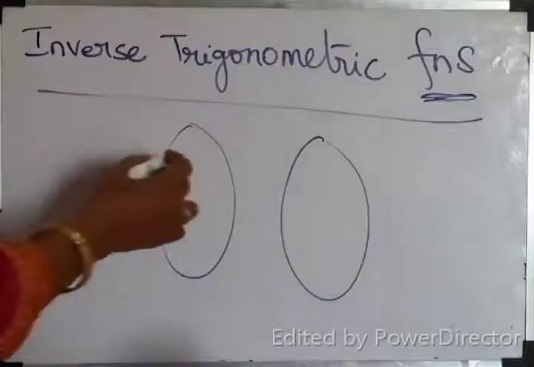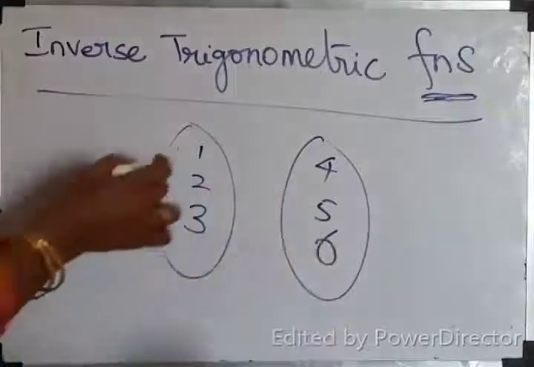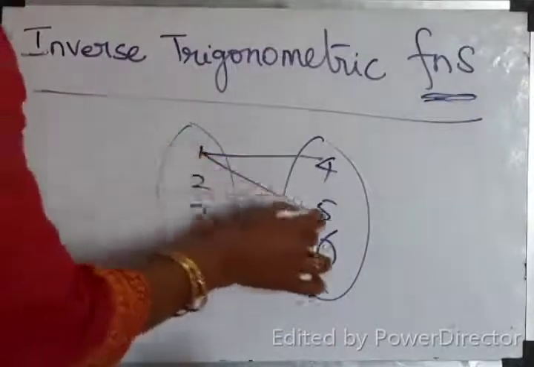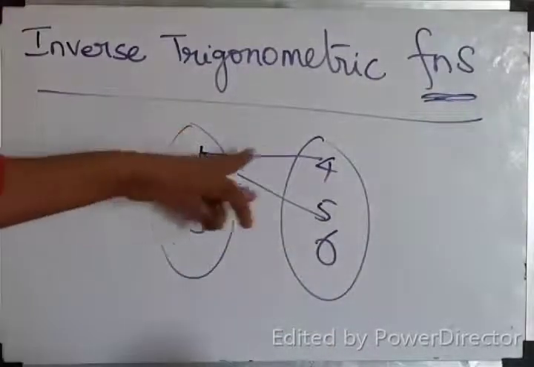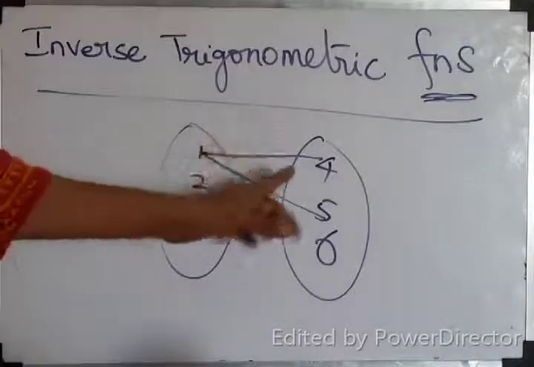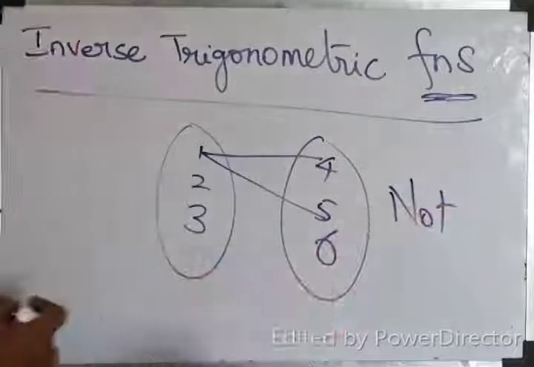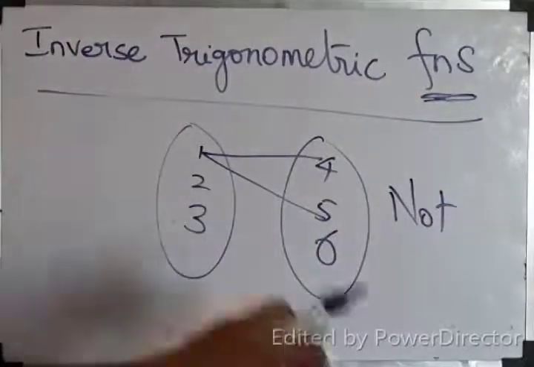When is it not a function? 1, 2, 3, 4, 5, 6. 1 is mapping to 2. 1 has 4 as image, and 1 has 5 also as an image. So 1 is having 2 images. What is this? It is not a function. Correct. Similarly,